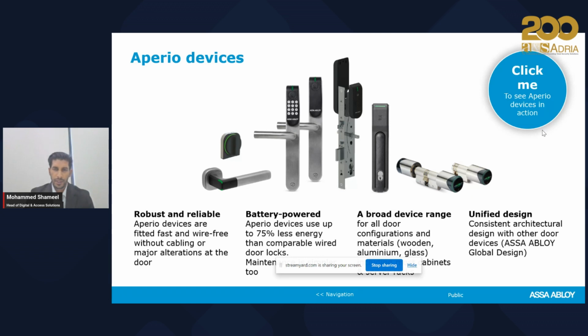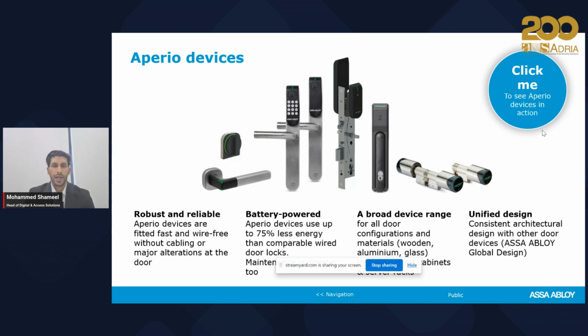We have the standard or the basic one, which is the cylinder on the right-hand side of the picture. You could see that's the cylinder option, which offers a quick installation. The electronic cylinders could be installed in less than 2 minutes. And we also have a unique solution for the server cabinets, which is called the KS100. This offers a unique solution to secure end customers' data cabinets, each of them, and can be managed from a single access control platform to have access only to the relevant people.